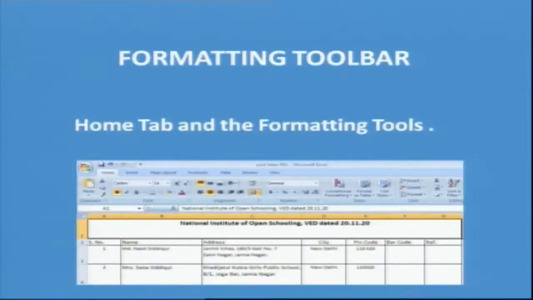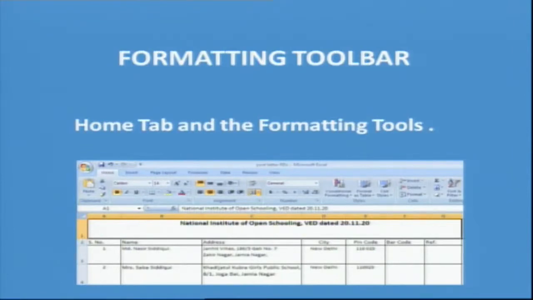Then also we can do the formatting, like conditional formatting also we can apply. We can apply the format as table, then cell styles also we can do. Then we can insert the column, we can insert the rows, we can delete the rows and we can delete the columns as well. So I can do the formatting also. These are some of the basic formatting options which we require. So those are all available under the home tab. So we can use these formatting tools for doing the basic formatting.